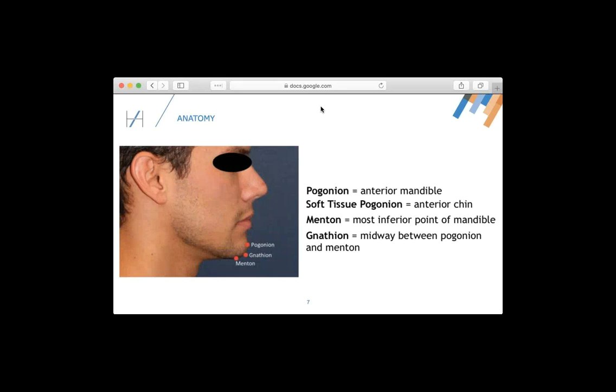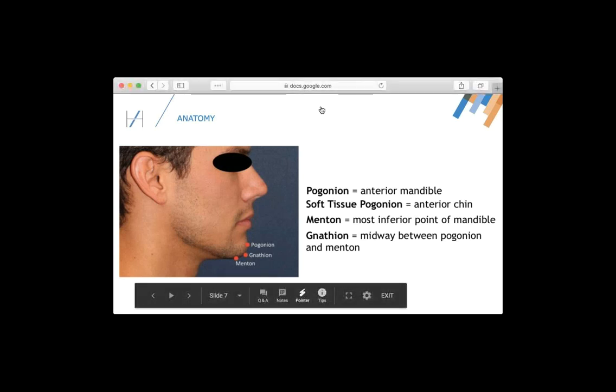Okay, guys. Whilst I've got this slide up, I think it's really important to mention that we want to make sure that, if you just want to highlight on here, Marcus, the nasion, the start of the nose, is in the same vertical plane as the pogonion. And so what we want to do in our patients